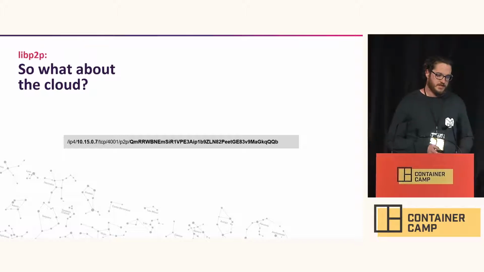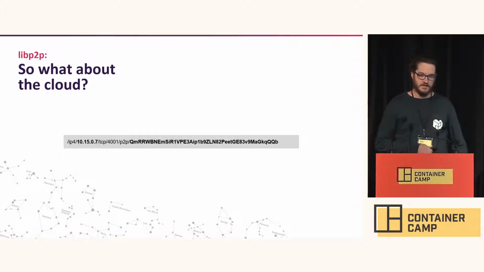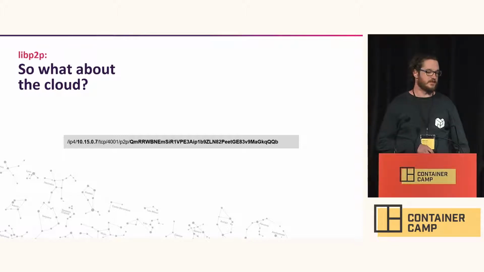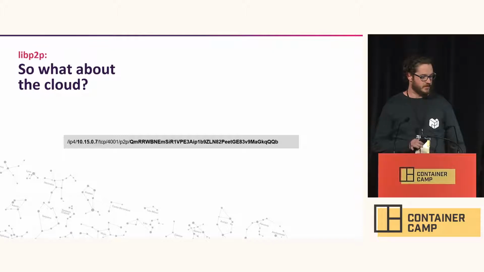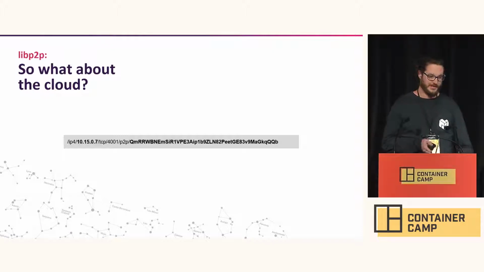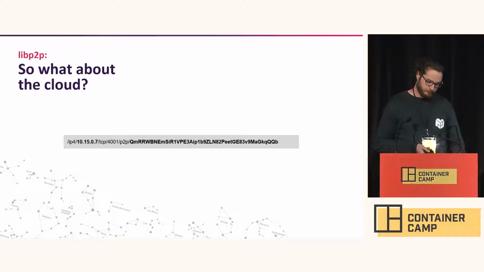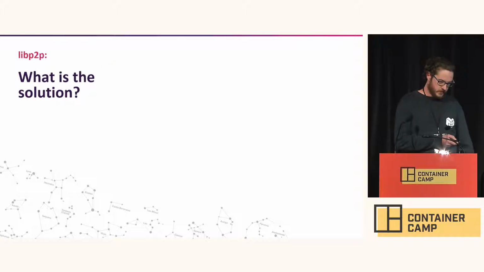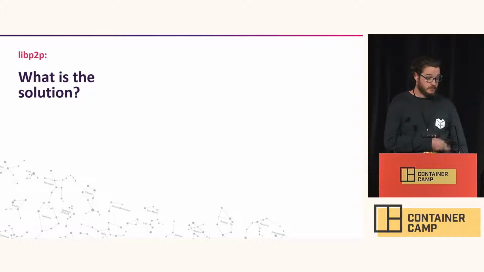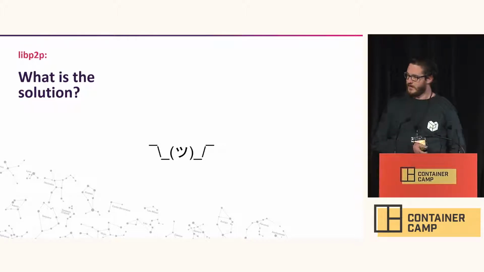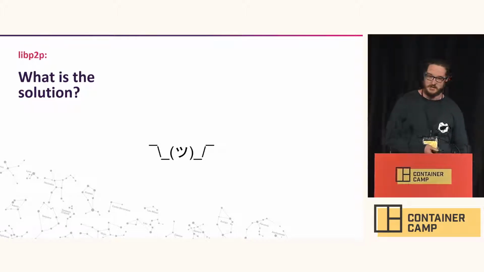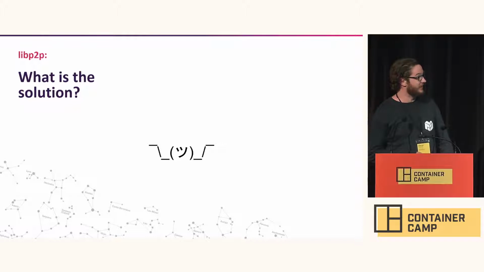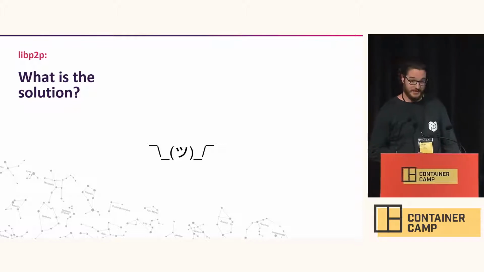So in the case of a connection request that gets round-robined between some replicas, for that connection to be successful, we have to land on the pod that has the peer ID we specified. If we don't, the connection is going to get refused. So what is the solution? I don't know. I come from a peer-to-peer world, so I don't have the solution at this point in time,